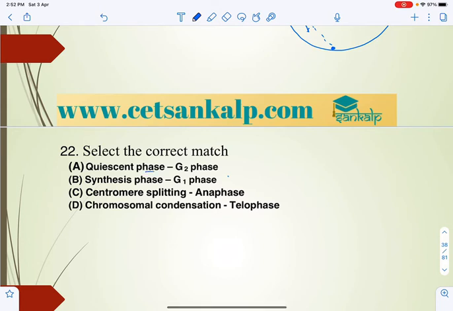Next, select the correct match. Quiescent phase, as we know, is generally the cell arrest phase, that is G0 phase. So this is the wrong answer. And synthesis phase, that is S phase, where DNA duplication occurs. In DNA duplication, the chromosome number remains same but chromosome content increases. Centromere splitting, so here we can say the centromere splitting in anaphase, just now we discussed that